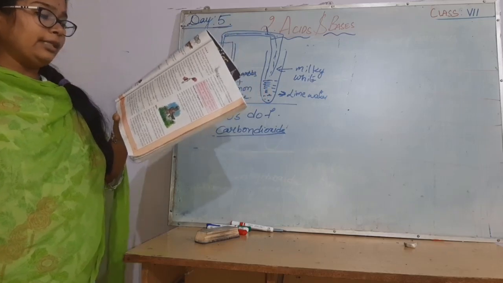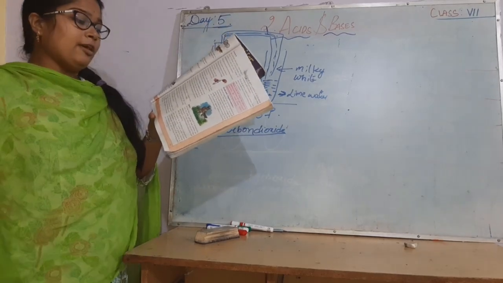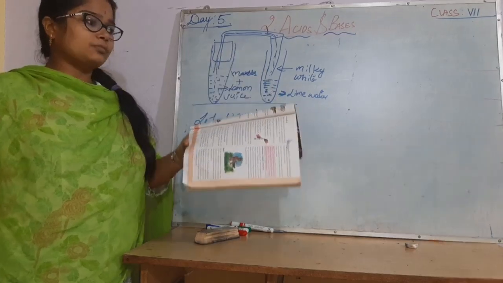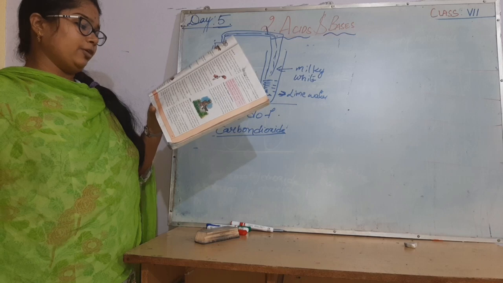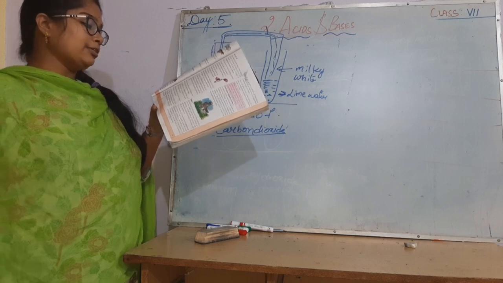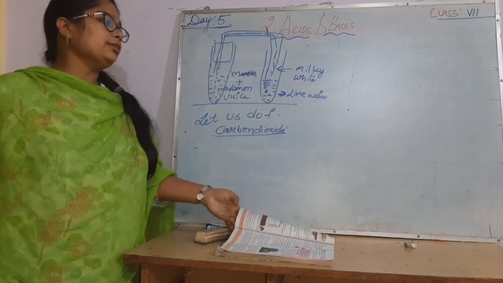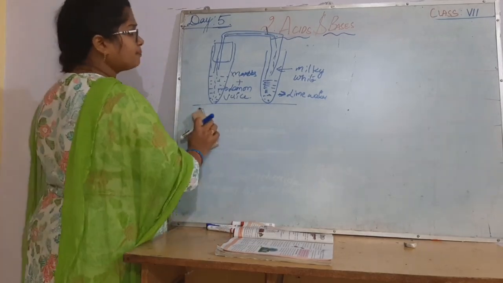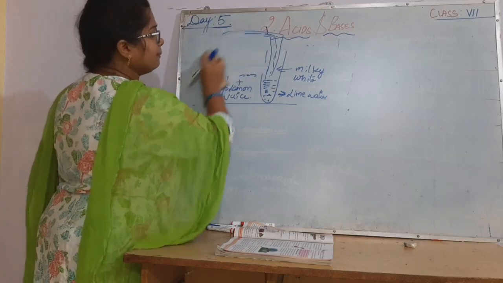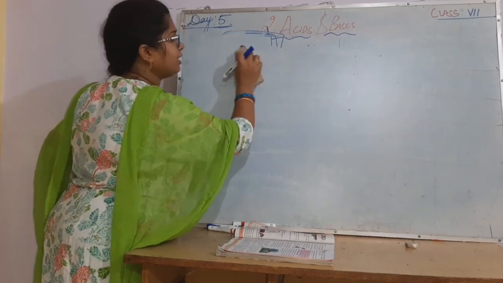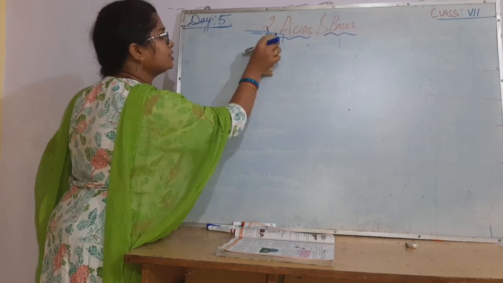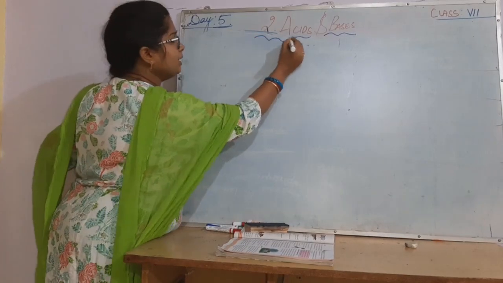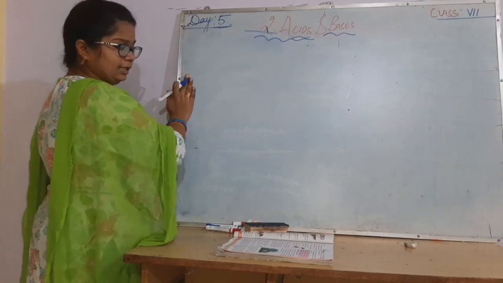Now try to write the properties of acids and bases from your observation. We have seen that a neutral solution has no effect on indicators. We have also seen that acids and bases have opposite effects. See what all you have learned now. If it burns with a pop sound, then we say it is hydrogen gas. If a matchstick is put off, it is said to be carbon dioxide gas.